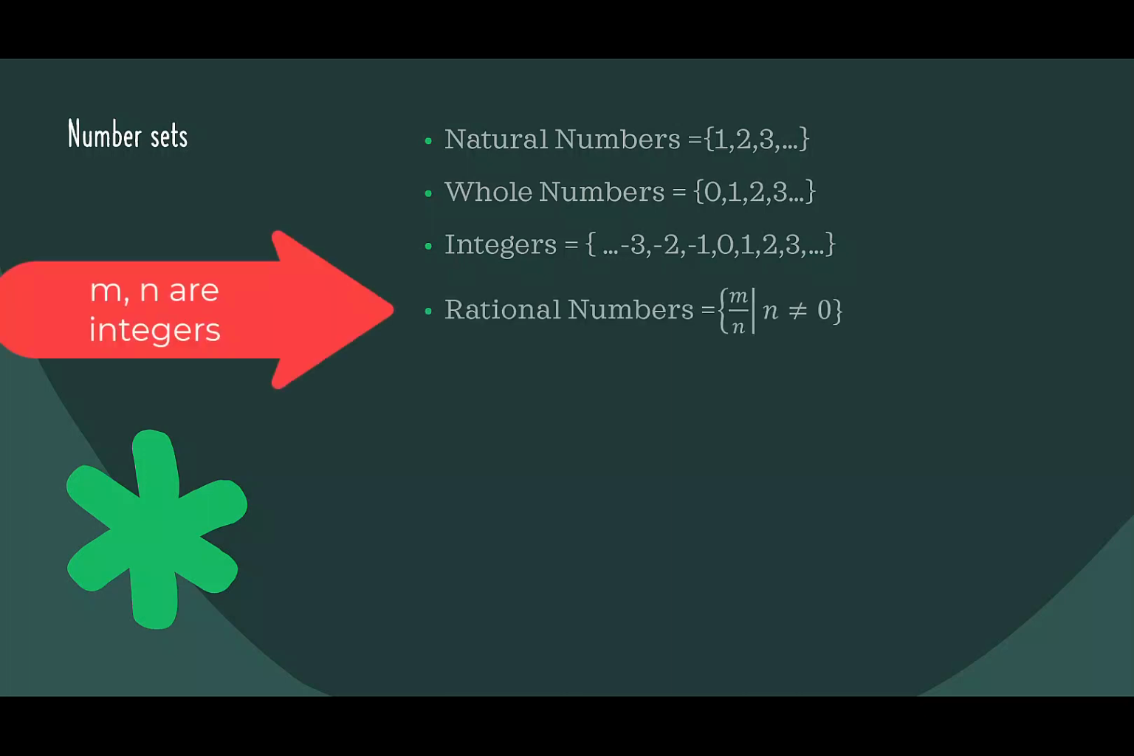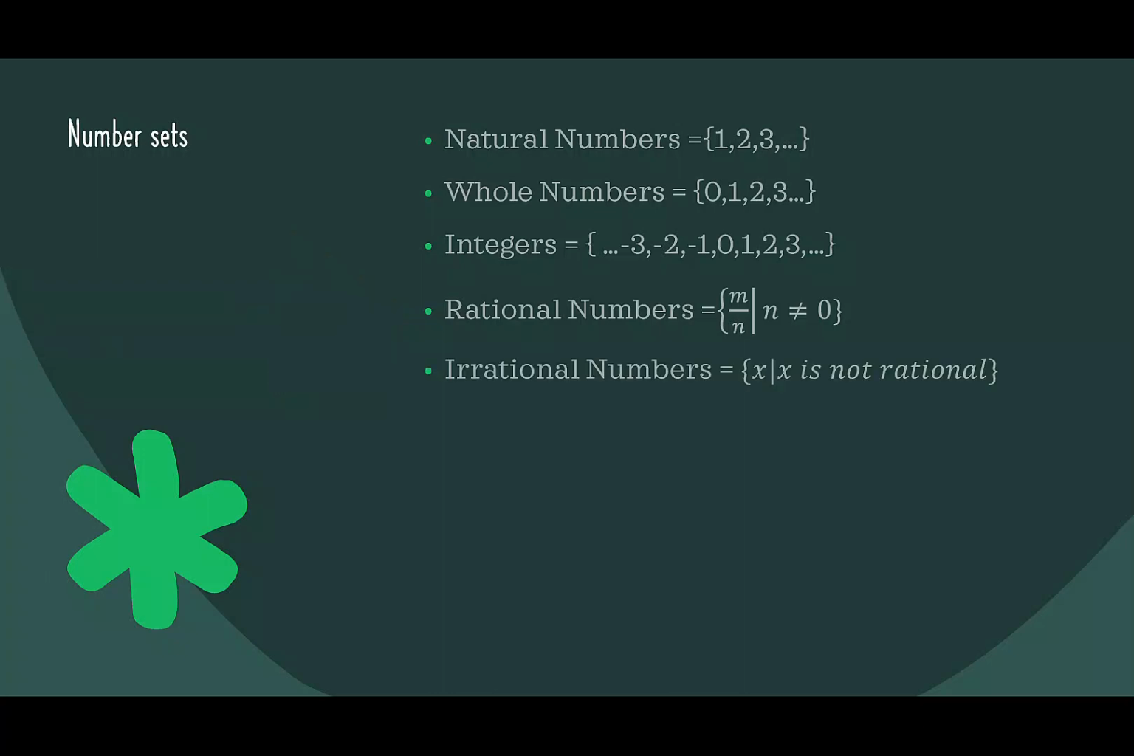Rational numbers are expressed as m over n, where n is not 0. Rational numbers are composed of anything that can be expressed as a fraction or a decimal that has a finite number of non-repeating decimal places. Irrational numbers are just a collection of everything that's not rational, and then when you combine everything together, now we